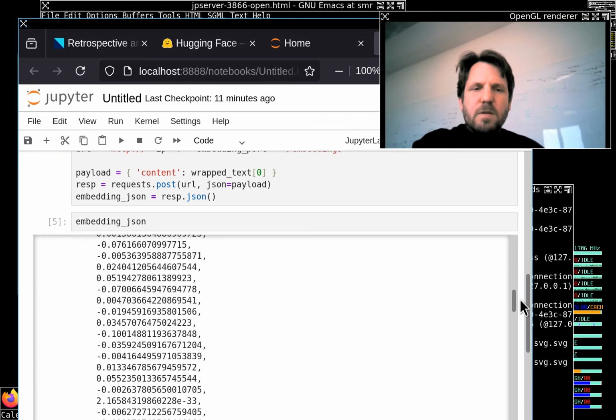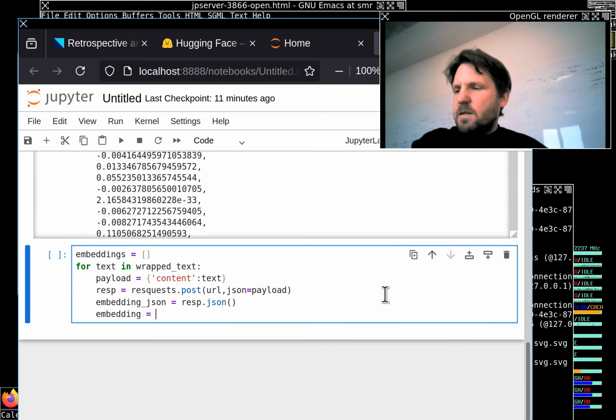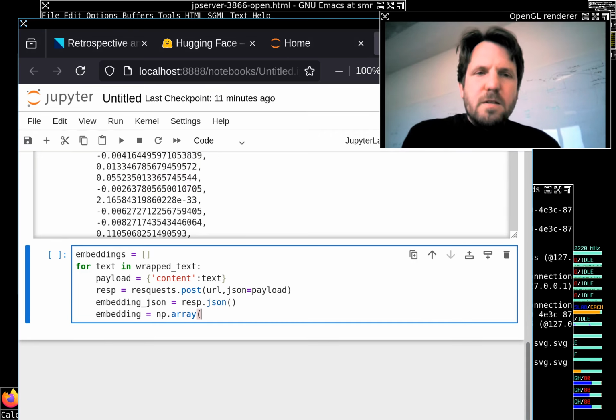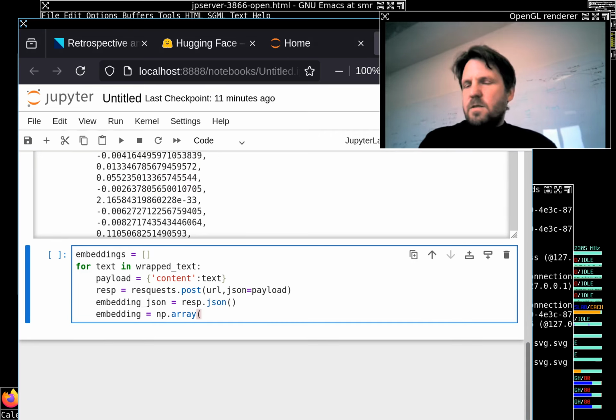So how to do this? In Python this looks a bit like this, and I will directly put this into a numpy array, so that we can use the cosine distance that I've shown you in the slides. Yeah. So we will use embedding JSON 0, embedding endpoint,